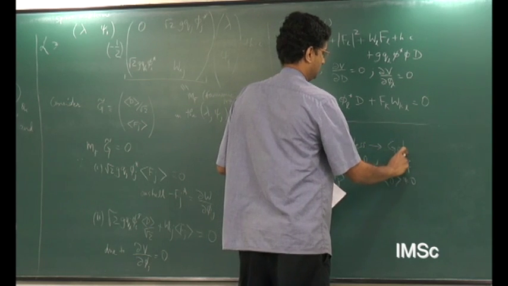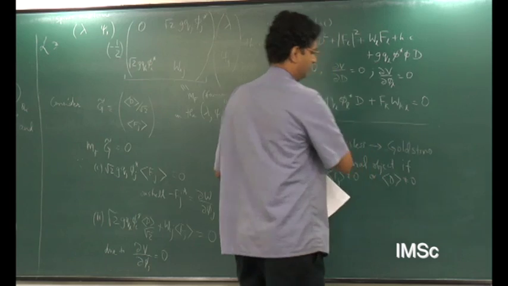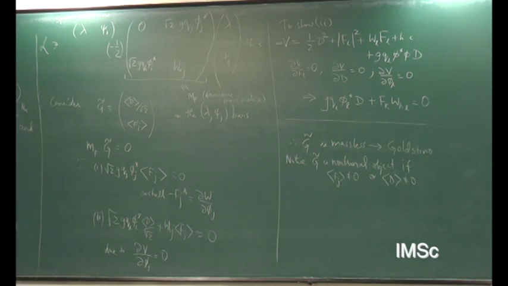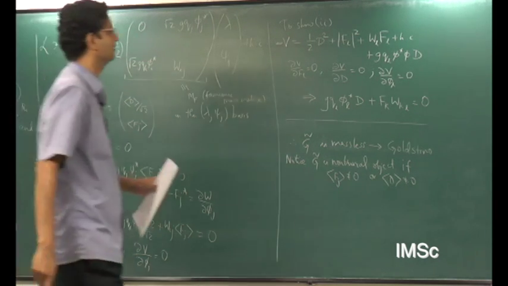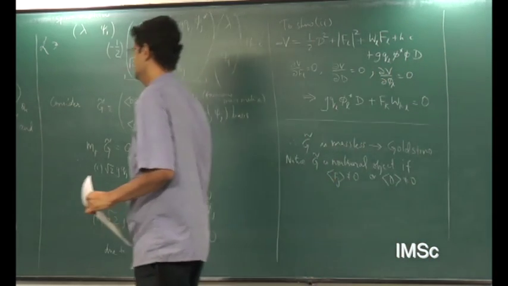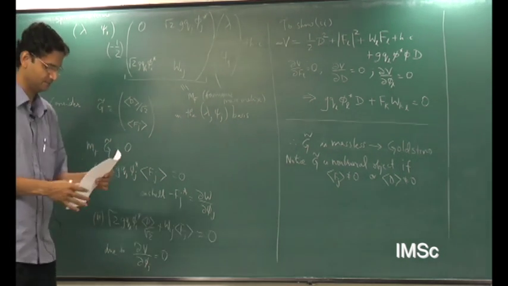So this just goes by the name Goldstino. And all of this is just an example of the fact that spontaneously broken supersymmetry leads to a massless mode. This is an explicit demonstration of that in this simple model. It's quite generic, because I have not specified what the exact form of the superpotential is, so in that sense it is generic. And this is how it will work in most models.